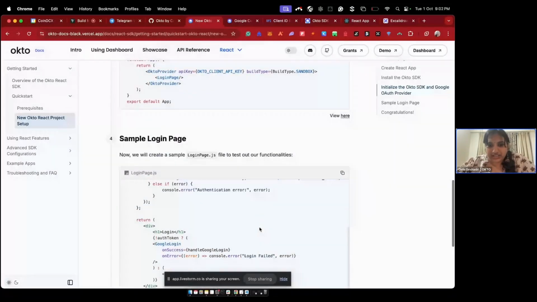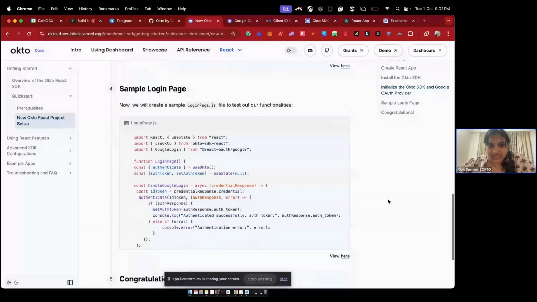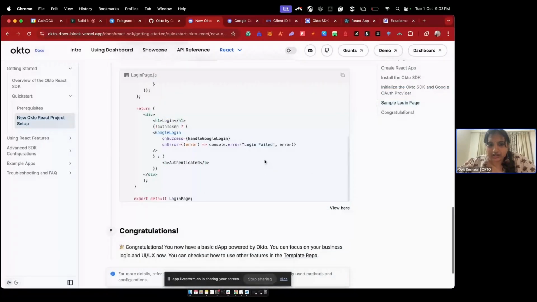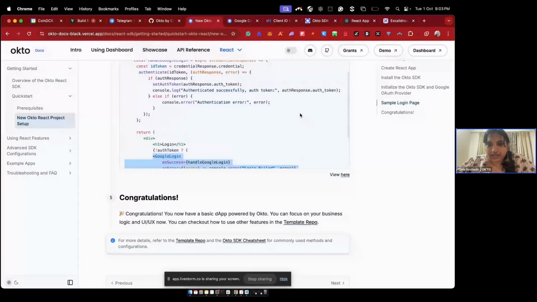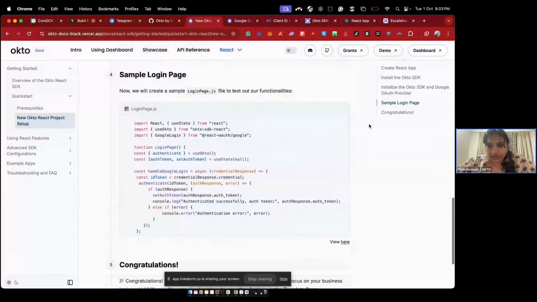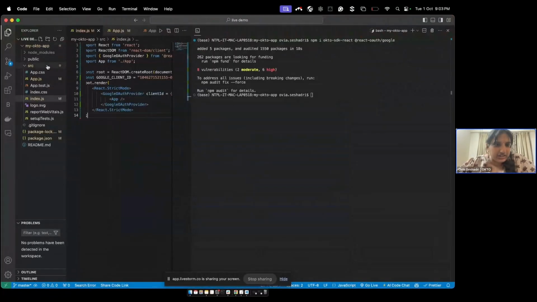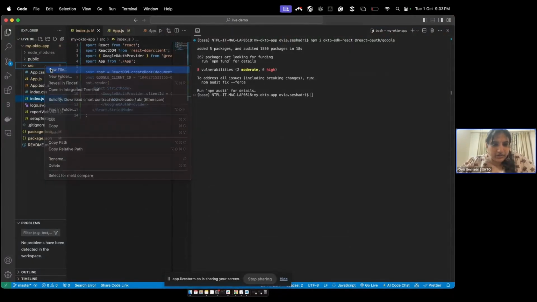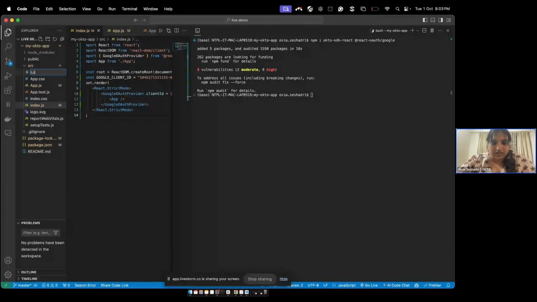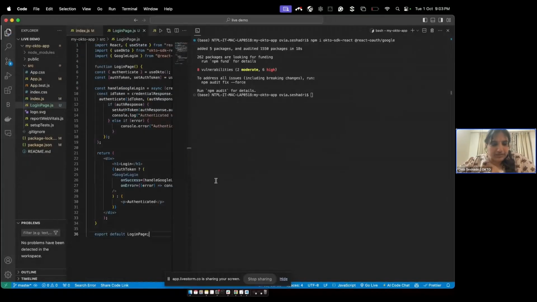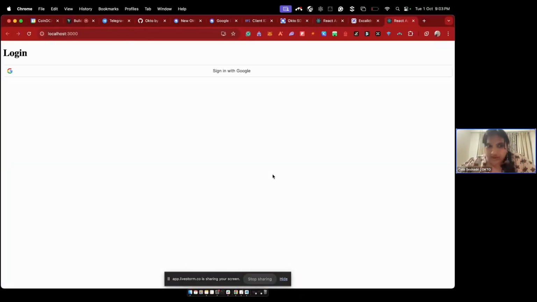So let's just create a simple login experience. This is basically just calling the Google login component, just setting up the Google login for you. I'm going to copy this, and in my code, I'm going to create a new file called login page. Save that. So you don't have to do anything, just copy paste it, and let's see if we can run it. Awesome. So this should just say authenticated if,